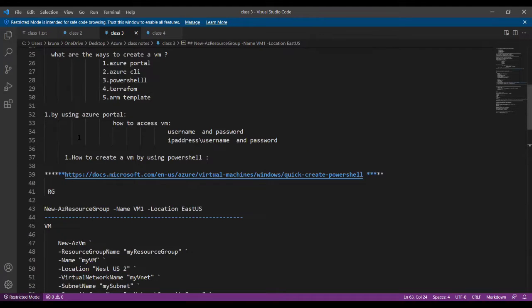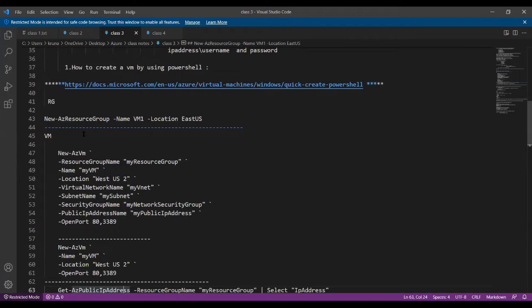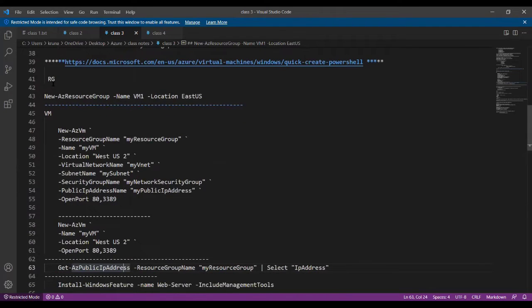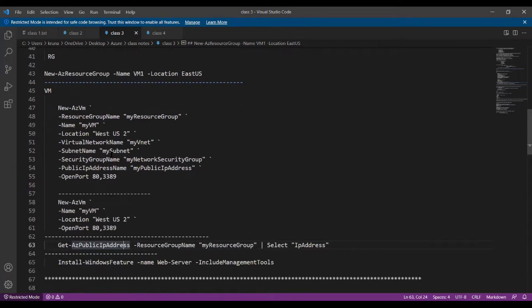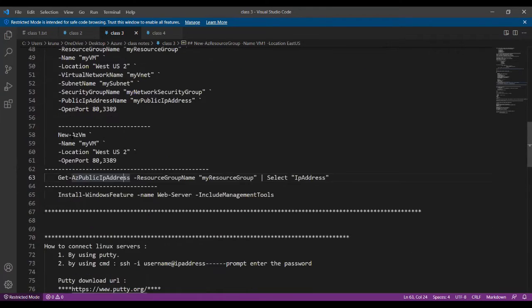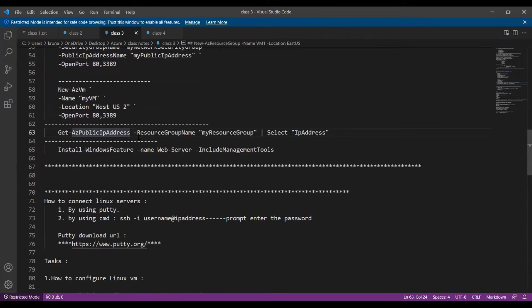And then we discussed what commands we are using in that PowerShell script. With the help of this command, we made the resource group. With the help of this script, we made a virtual machine, and with the help of this script we got the IP, and with the help of this we installed IIS in our virtual machine, not in our PowerShell, because this is an application.